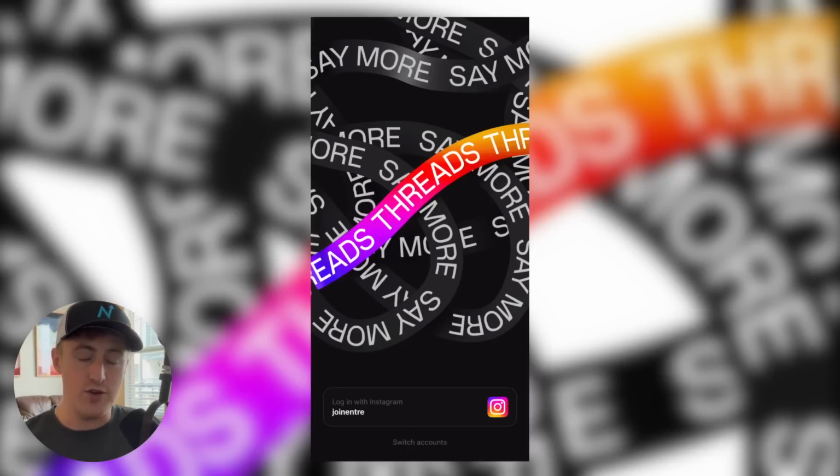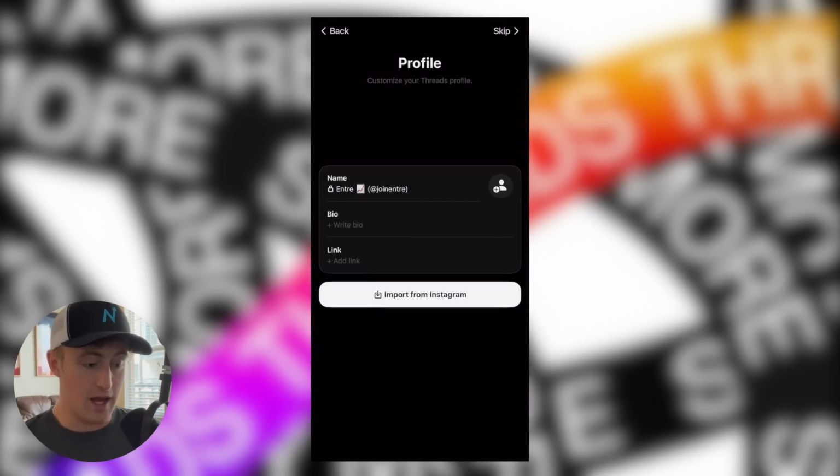So starting off, when you open up the Threads app, this is what you're going to see. It gives you the option to either log in with your Instagram account that you have linked, or you can switch your account. So if you have multiple different Instagram accounts and the one that's up there automatically isn't the one that you want to use, you can use one of your other ones as well. Obviously I've got the join Entre Instagram on there. Once I click yes and join, it logs me in with the Instagram,